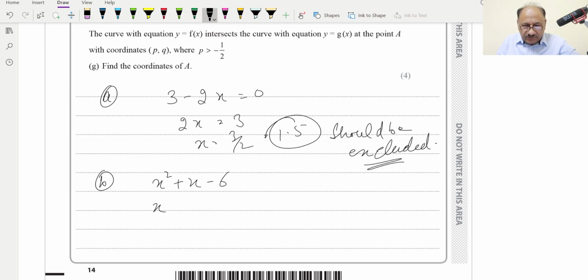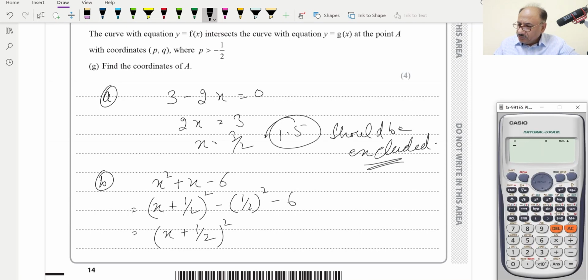So we can write x plus 1 by 2, coefficient of x divided by 2 will be 1 by 2, minus 1 by 2 squared and minus 6, and further we can write x plus 1 by 2 squared, minus 0.5 squared, and minus 6